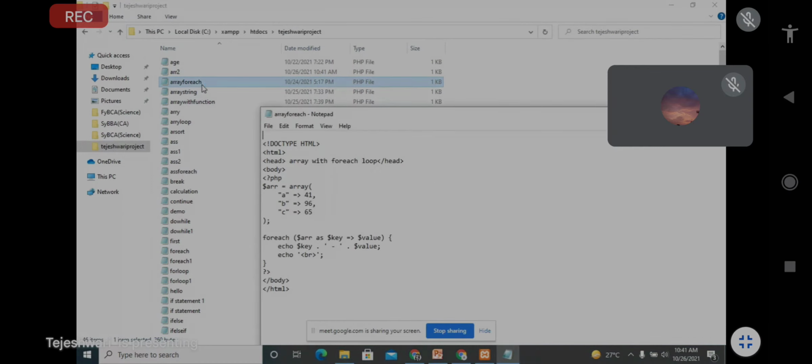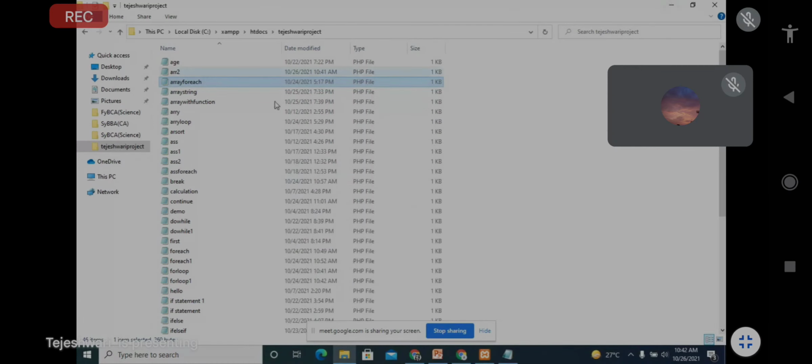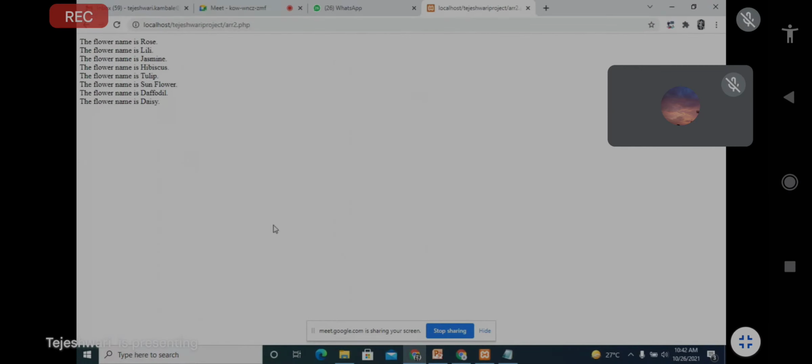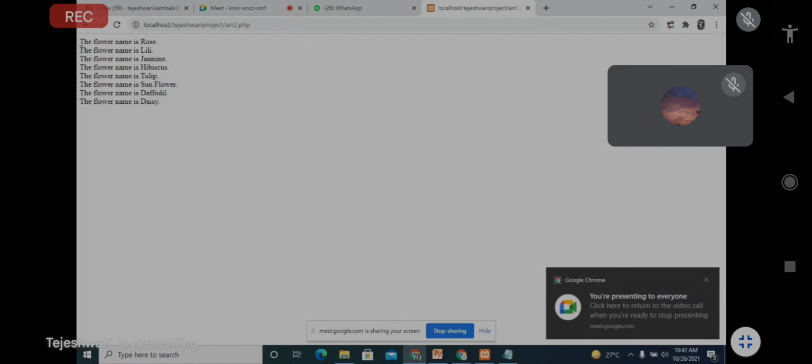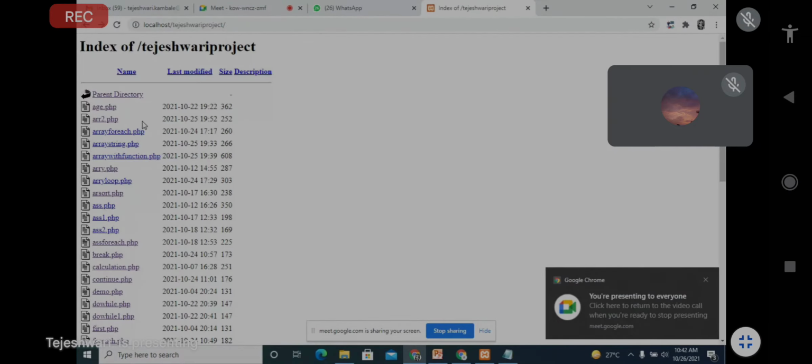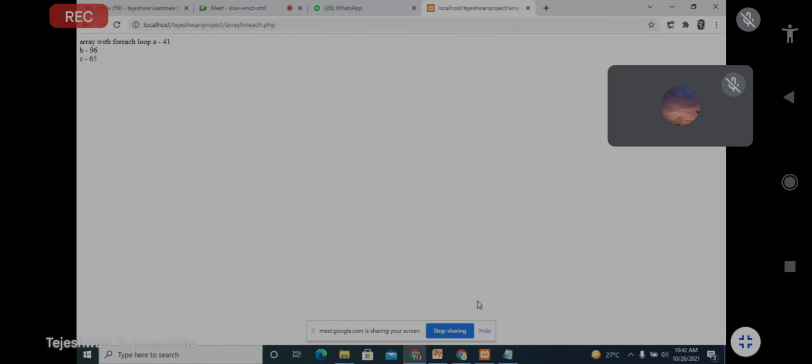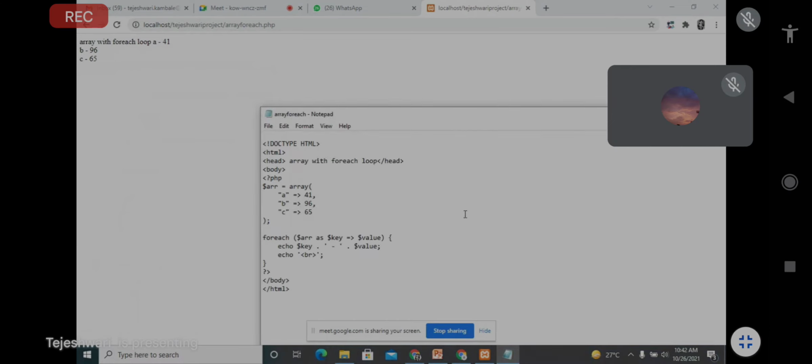Okay, so next is array foreach. We will click on array foreach.php. If you see, it is the same code: first declare the HTML, head, body, then declare the PHP code.